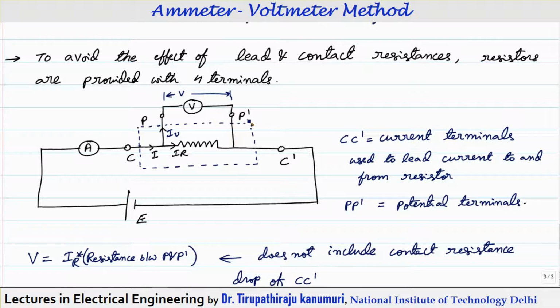So what is the advantage of this one? Whenever you are making the joint, like you are making the joint here also, there will always be some voltage drop due to this contact resistance, and there will be voltage drop due to the leads also. So that is not measured by the voltmeter. From this point to this point, this lead resistance and this lead resistance are not measured by the voltmeter, as well as the contact drop of C and C dash is not measured by the voltmeter. Getting it? And the ammeter will measure the current IR plus IV, because we have seen in the second method generally the value of IV is very less. So that's why we can neglect that effect.